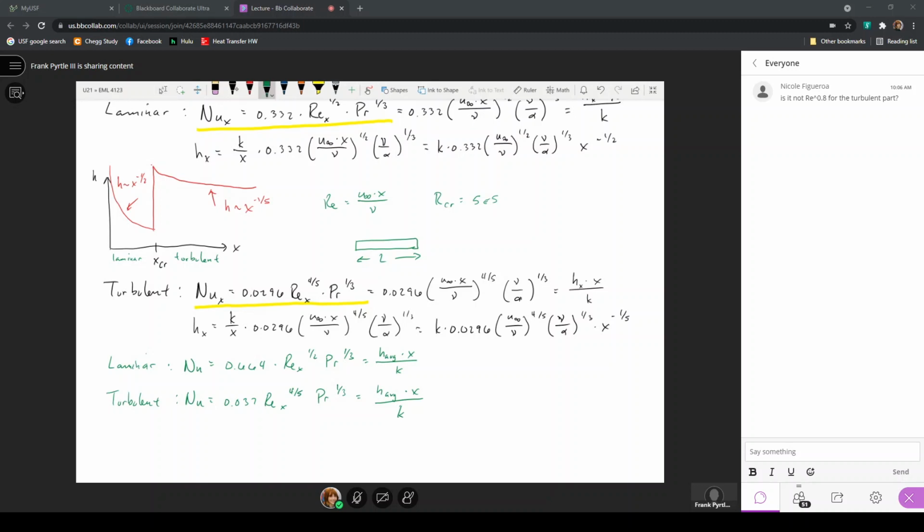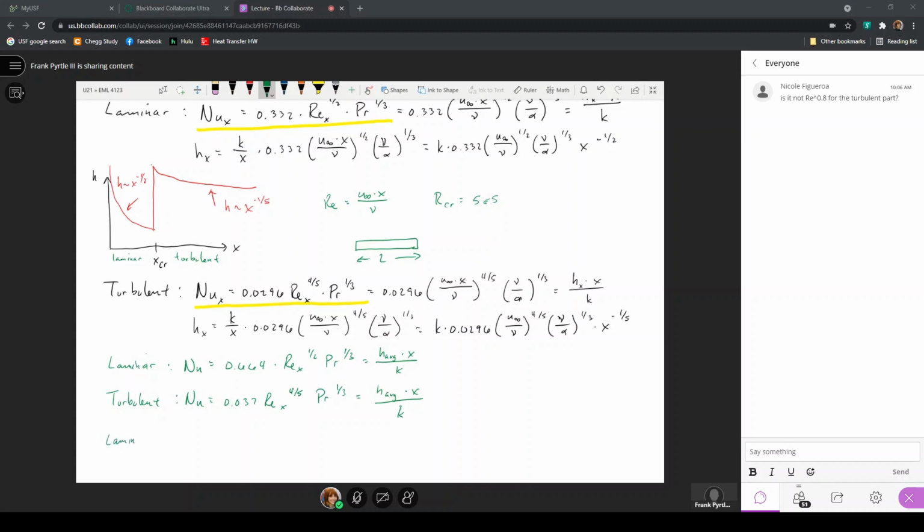If I calculate the Reynolds number at the trailing edge of the plate, and I find it is greater than 500,000, that means I have a laminar region and a turbulent region. When I have a laminar region and a turbulent region, the expression for the heat transfer coefficient over the entire plate would have to take into account that I have a laminar region and a turbulent region. When we have that condition